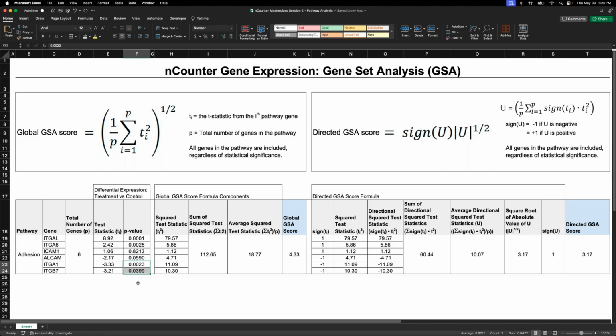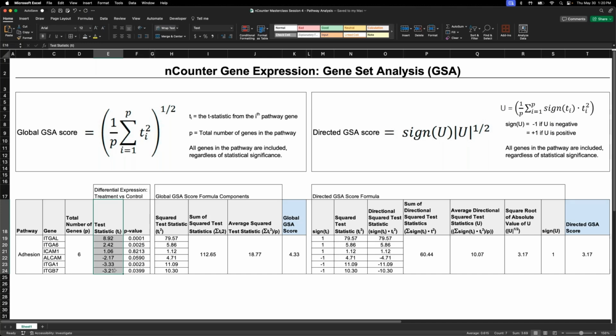But remember, when we're calculating these scores, we are not looking at the p-values, we are looking at every single gene in the pathway. So what we do instead is we look at the t-statistic. Now, I don't want to get too far down into the weeds of statistical testing, but when we perform differential expression testing in Rosalind, we apply statistical tests, and the output of this is a test statistic. In this case, we're calling it T, our test statistic. And then that test statistic is what's translated into the p-value. So you can think of this test statistic as being one step upstream from the p-value. Again, we're not looking at the p-value, we're looking at these test statistics.